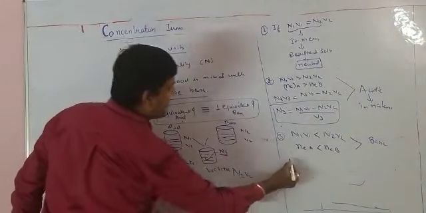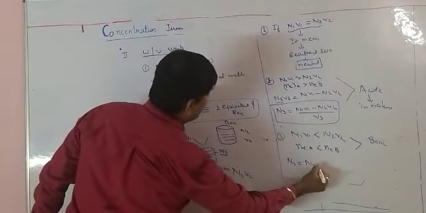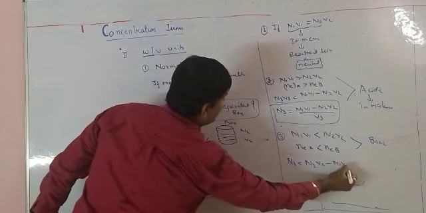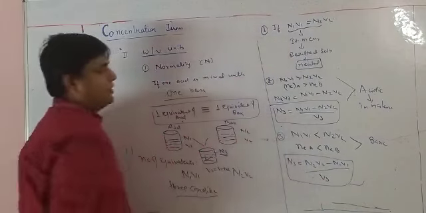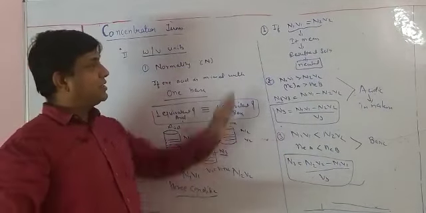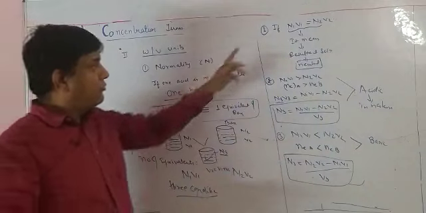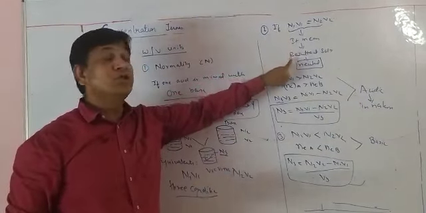So the formula is again the same: N3V3, and N3 is equal to (N2V2 minus N1V1) divided by V3. This is the formula of the normality. So again we have discussed the 3 important formulas. When are we going to use this? When the solution is neutral.